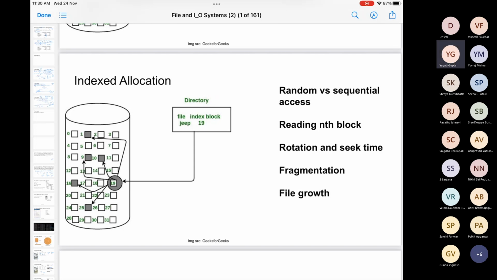Okay, what problem can we have here? If you look at this index, just like your page table, the size of the index can be very big. Let's say there's a file and it has a whole lot of blocks, and similarly the size of the index will increase. So it is very much possible that many times you will not be able to store your index on just one sector.